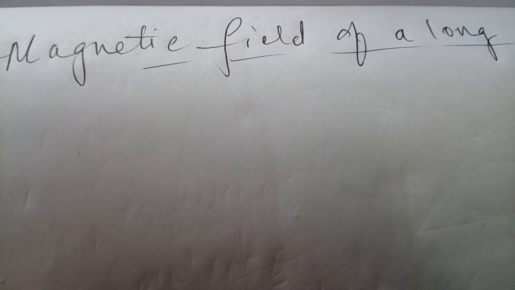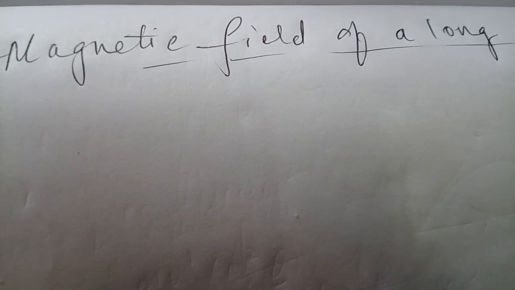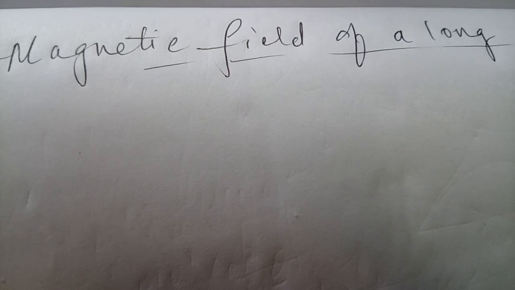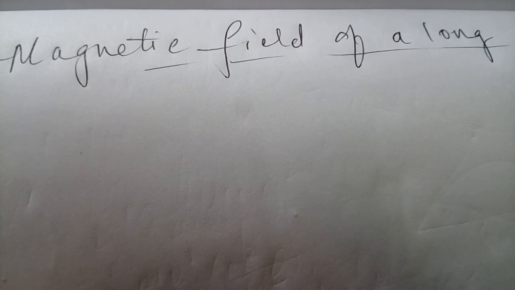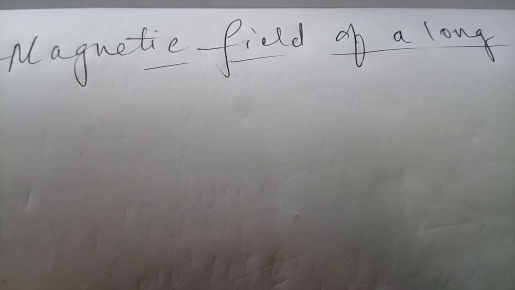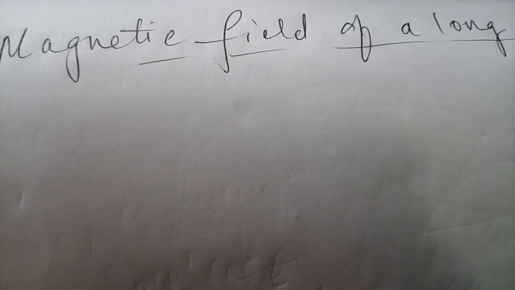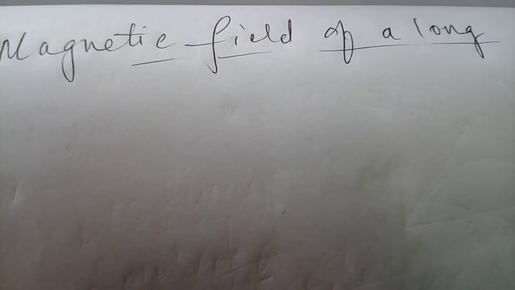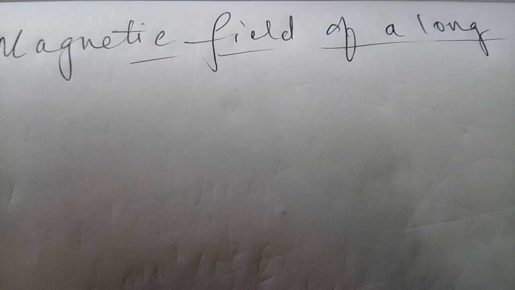Now what is the general condition of a solenoid? It is seen that inside the solenoid the magnetic field is usually uniform. Uniform means the magnetic lines of force are parallel and they flow inside the solenoid, but outside the solenoid you will find that the magnetic field is weak. It is not that strong. Okay, so we will be considering a portion of a solenoid.